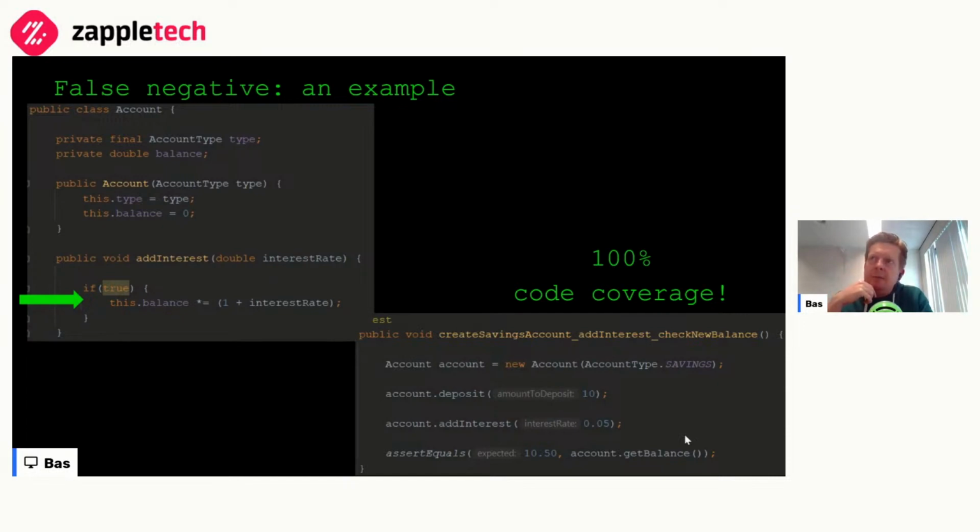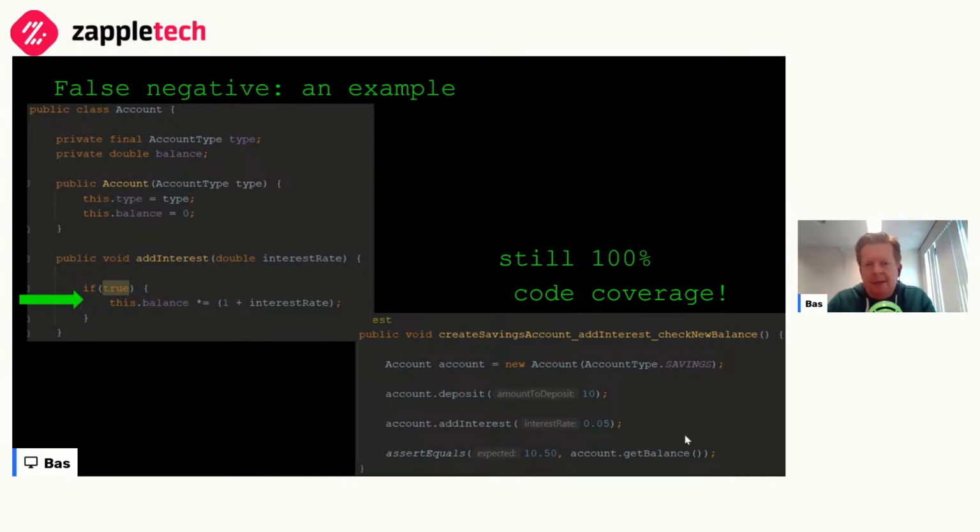So our tests should pick this up. Our tests should inform us about any unwanted changes and signal, well, hey, this is something that probably went wrong. The problem here is if we run that test again, it still passes, and we still have 100% code coverage. So even if we think we've got a set of passing tests and we're covering all of our code base, there's still a whole lot of things that can go wrong.